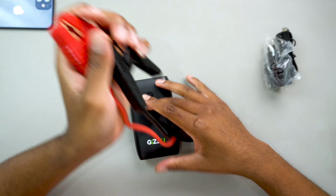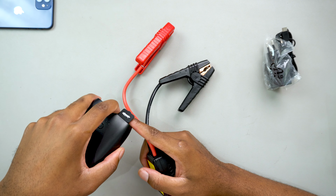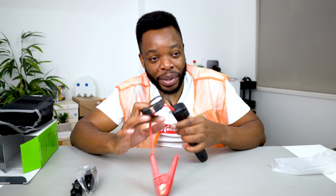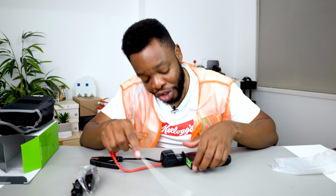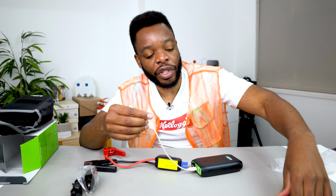Going back to this, as you guys know, this is what you use to jumpstart a car, which means you can use this battery to jumpstart your car, which is an added bonus. All you have to do is open that little port here with the car design and plug this inside, and if you have juice, it lights up something there. And if you have juice on the power bank, you are able to jumpstart your car as well as charge your device. Let's see if it's going to actually work to charge the device as well. This is my iPhone 12 mini,